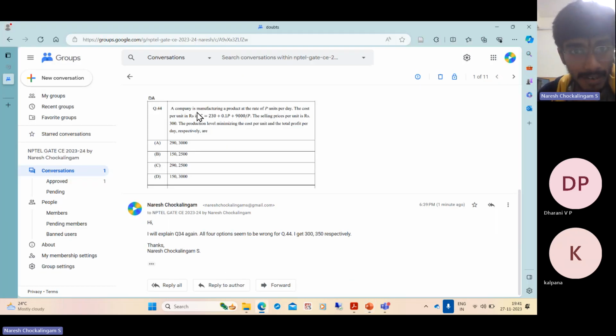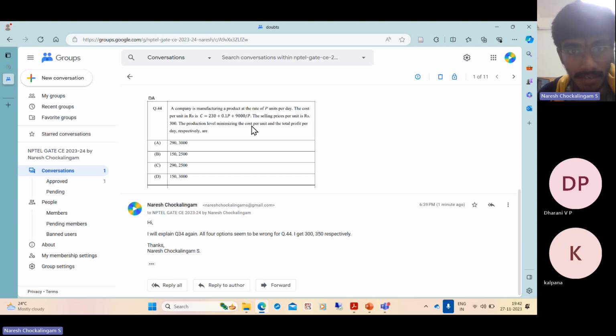This is the only variable they have. The unknown variable is P. They are producing at that rate, and the cost depends in this manner. Selling price is fixed, so it is 300 P. Cost price is this C multiplied by P. The production